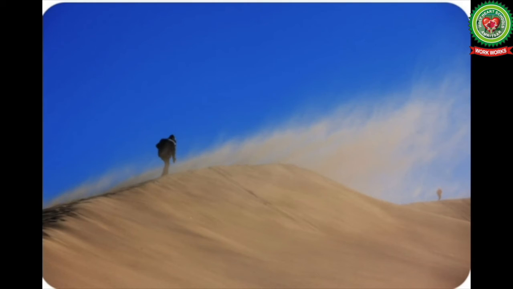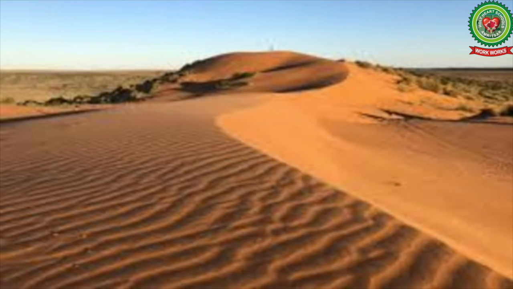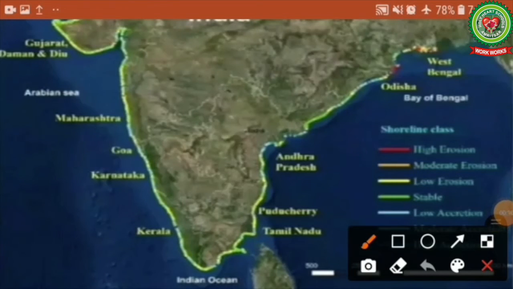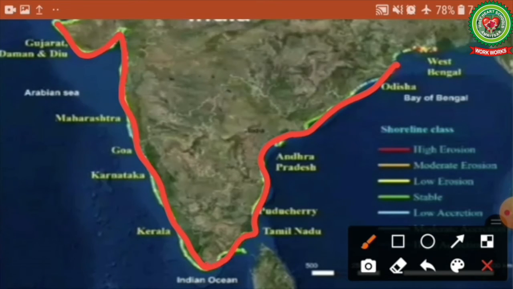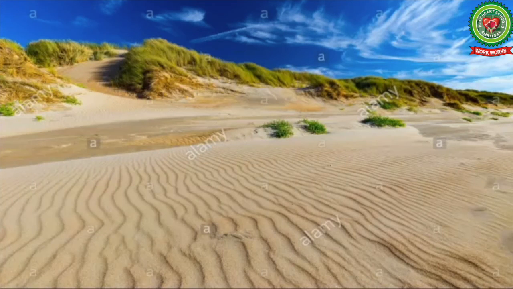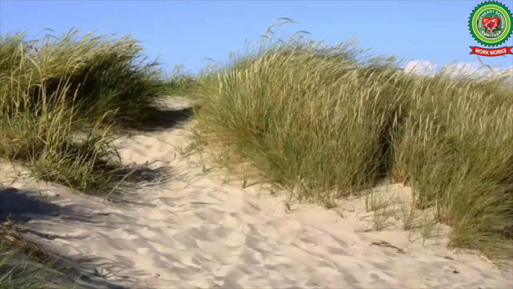Occurrence of large tracts of unconsolidated or loose sand and strong onshore winds favor the formation of dunes along the coast. A large number of sand dunes can be seen along the western coast of India and even the eastern coast of India. If the dune belt approaches the coast closely, the harbour suffers a great loss.